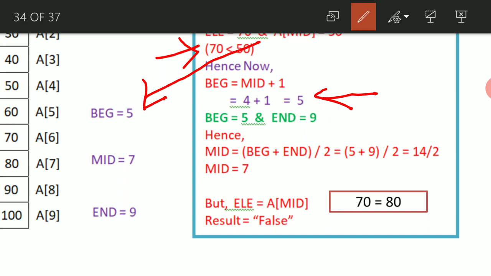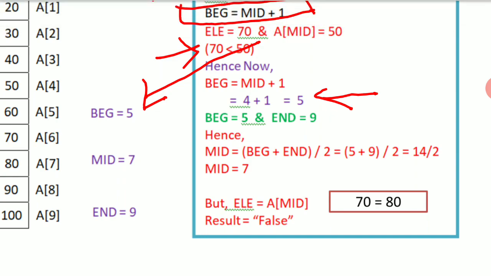We know very well that 60 does not match the searching element, but we'll concentrate on how this technique works, rather than concentrating on 70. Now if the beginning becomes 5, what about the mid value? We have to find the mid value, no? Then how are we going to find the mid value?